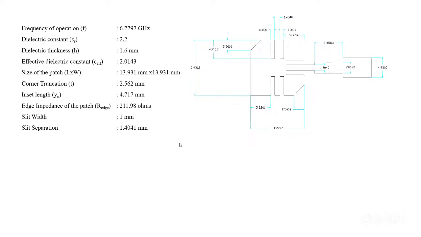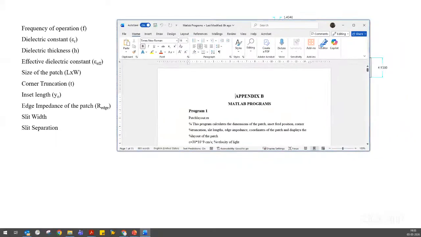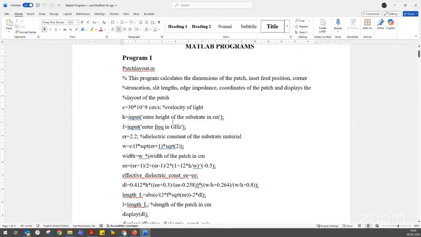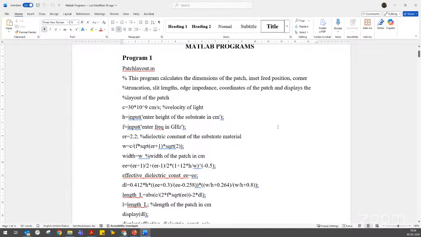Wait, let me display the program also. Okay, can you see my screen?